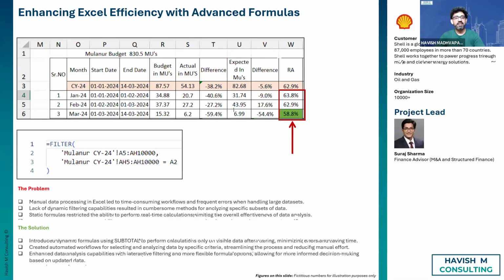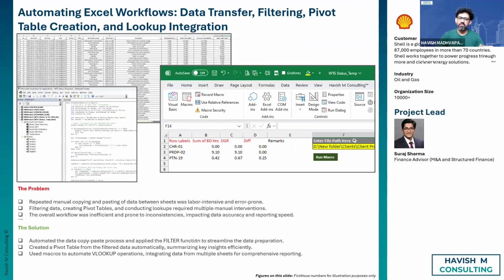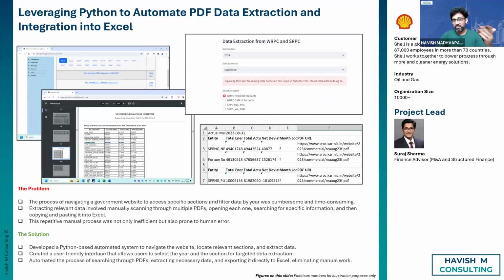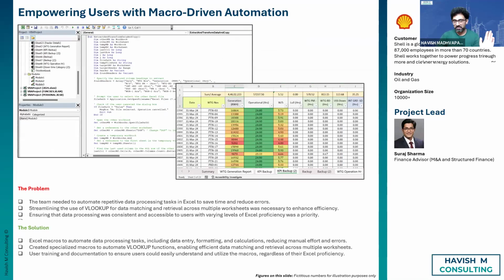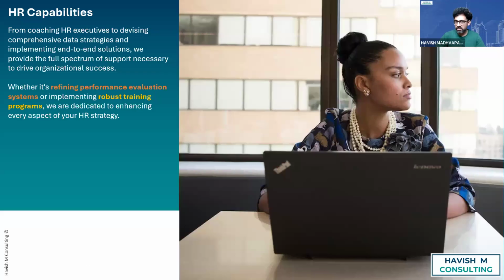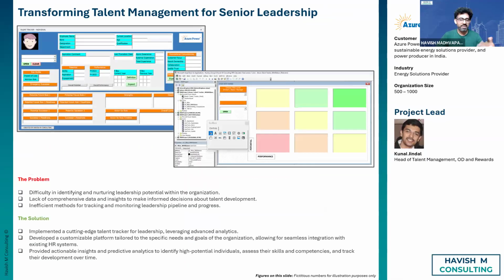These were multiple projects that I did with Shell, right? Remember, I had even told you about it. So Suraj now is a director at Deloitte. He has come to Gurgaon. But at that time, he was my contact at Shell. And there are multiple projects that we did. But we have actually listed down each one with 3 problems and 3 solutions. So there's one on formula, there's one on automation, one on Power Query, one on Python automation, one on web extraction, one on purely macros, one on lambdas. You get the point, right? One on user forms. Similarly, for HR, we have talent tracker.